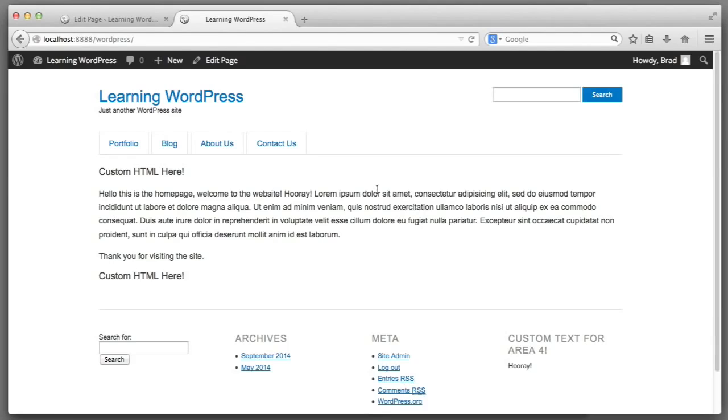So for example, let's imagine that at the bottom of our homepage, we wanted to include a few different columns. And perhaps in the first column, we want to include a heading which reads opinion. And then we want to dynamically query and output the 2 or 3 most recent blog posts which have a category of opinion. And maybe in a different column, we want a heading that reads news. And we want to output the 2 or 3 most recent blog posts that have a category of news. So that way, our homepage will have a nice mixture of static introductory content and dynamically pulled in, freshly updated